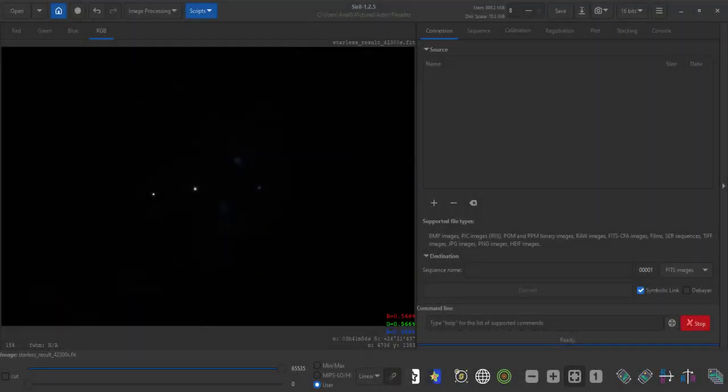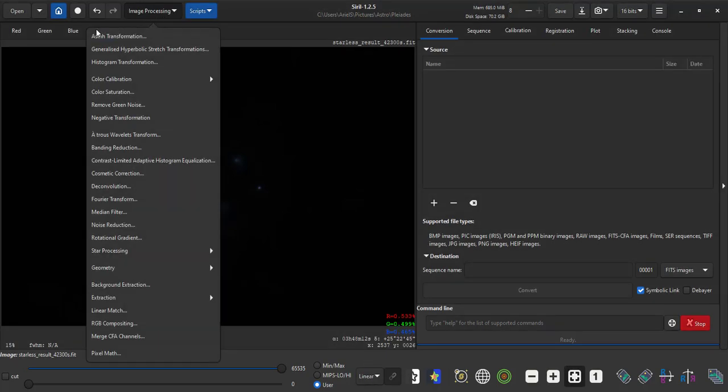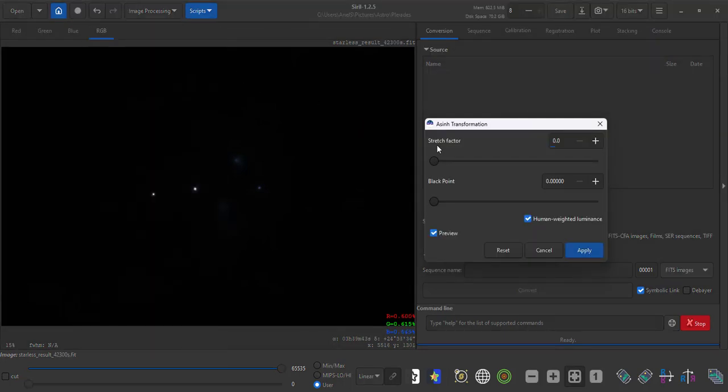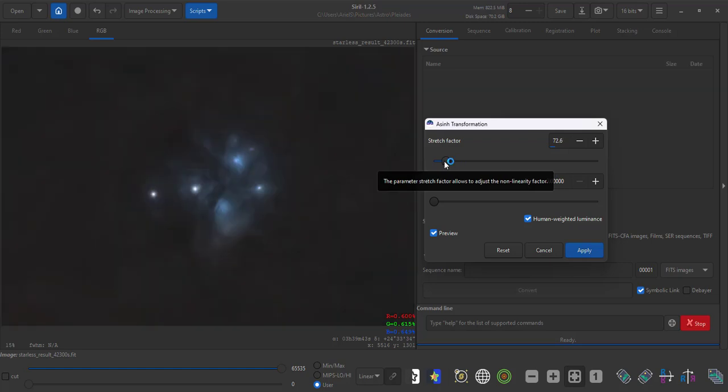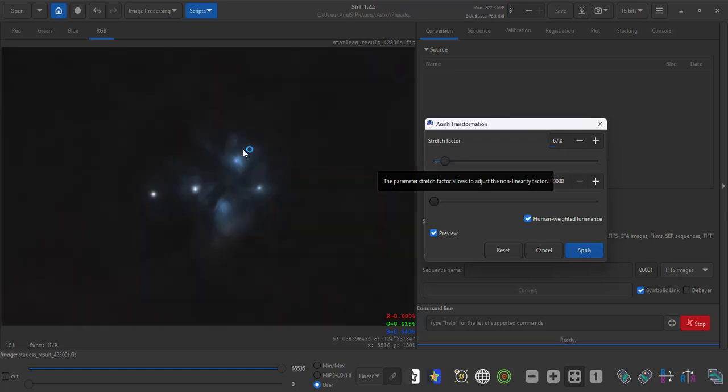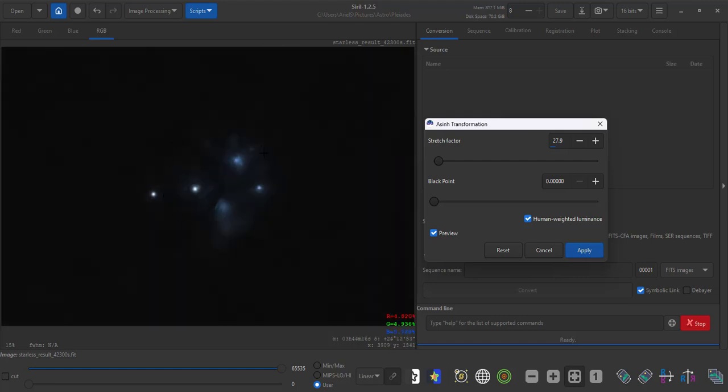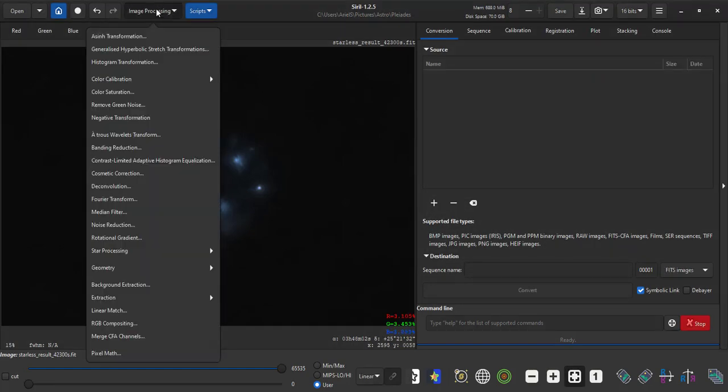All right, so in order to do our stretch, what we want to do is go to image processing. Also make sure you're still in your linear state. Image processing. Right here is the transformation. What you want to do here is do your stretch factor. So what you want to try to do is bring out some of that nebulosity here and your deep space eyes. You just want to see a little bit. You don't want to go too overboard and stuff like that. You just want to start to have it peek. Then once you're happy with that, you're going to hit apply. Now we're going to go to our